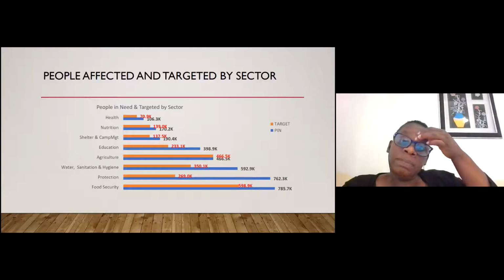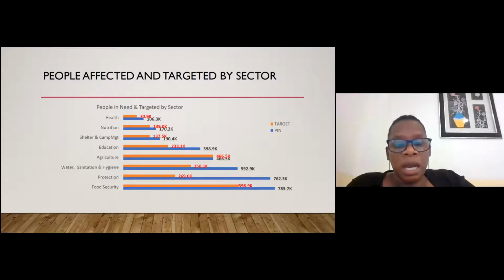Appropriation targeted by sector: for the health sector, out of the total affected, the target is 70,000. First nutrition is 139, shelter and camp management 137. Education, out of the 398,000, only 233,000 affected people, and these include learners and teachers,